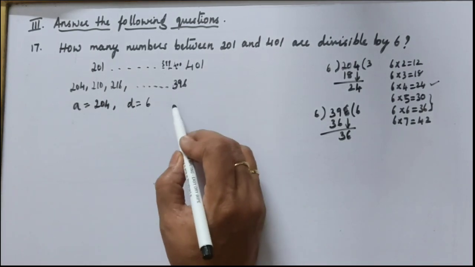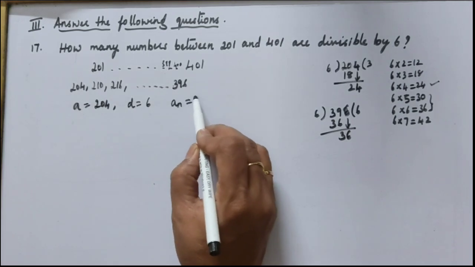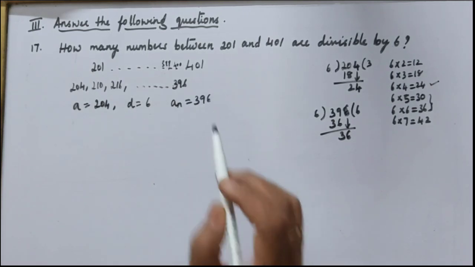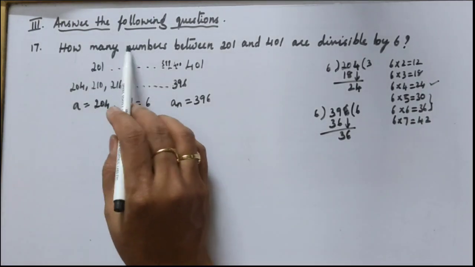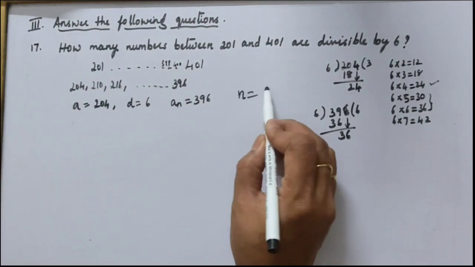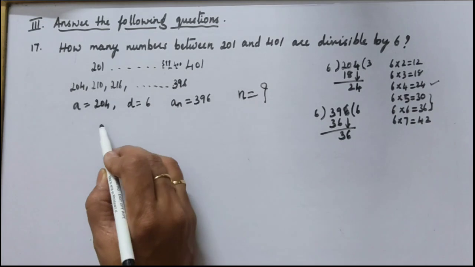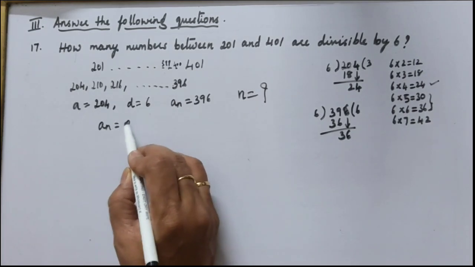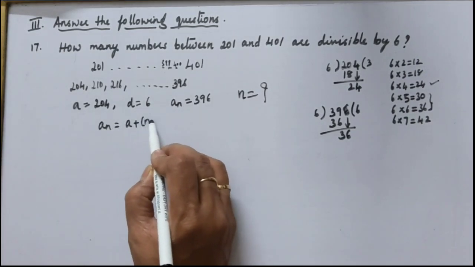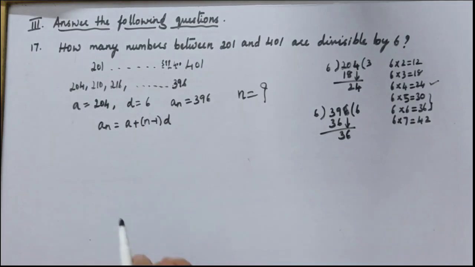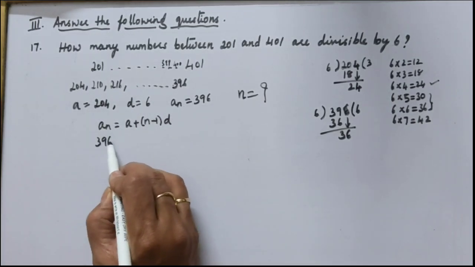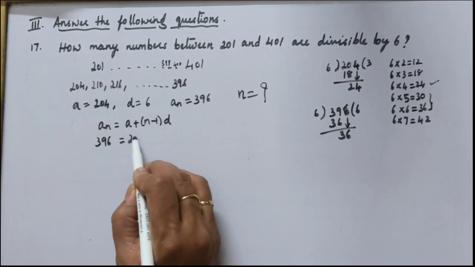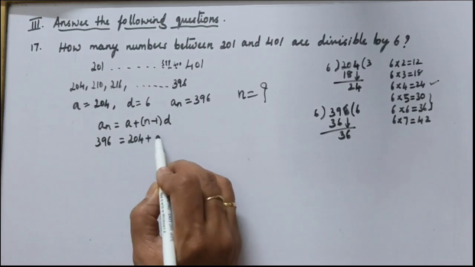And what will be this number? This is a_n, which is equal to 396. Okay, now let us apply the formula. We need to find the number of terms, that is n. So a_n = a + (n - 1) d. This is the formula. a_n, we know it is 396, is equal to the a value, 204, plus (n - 1)